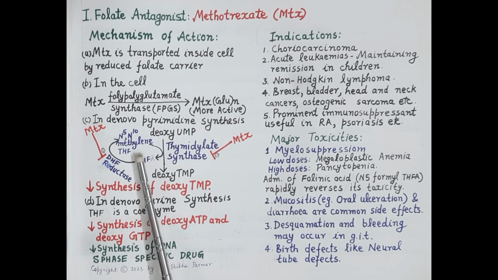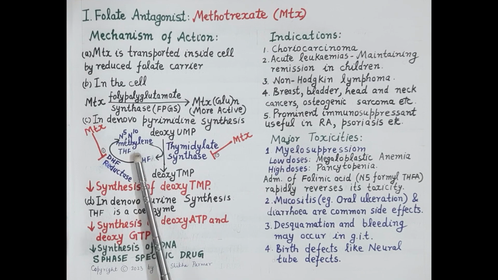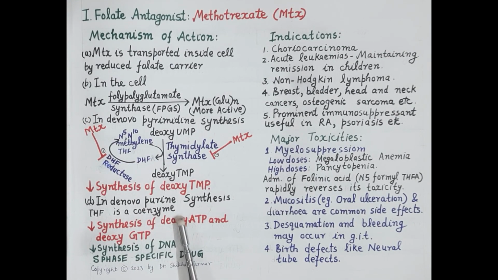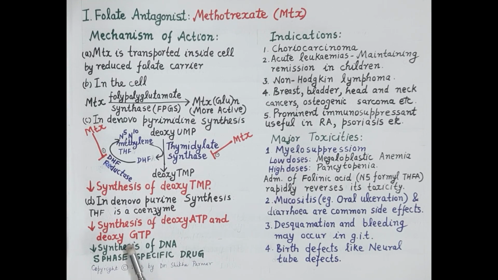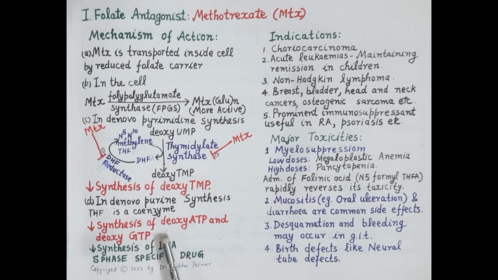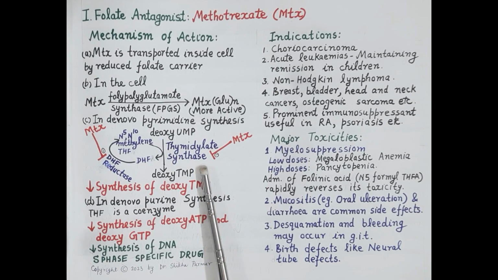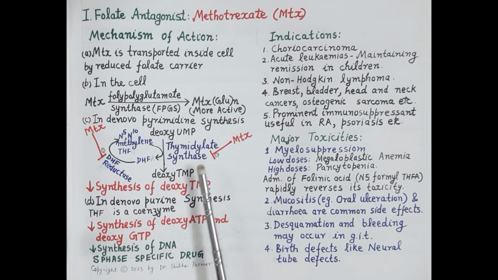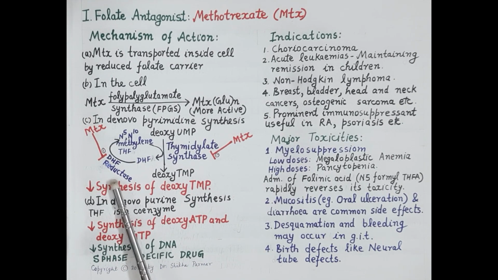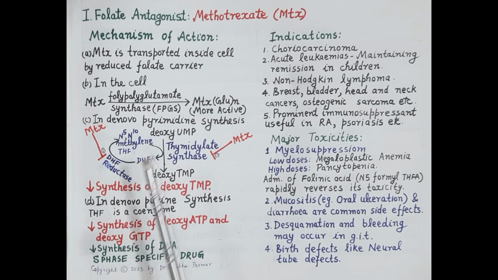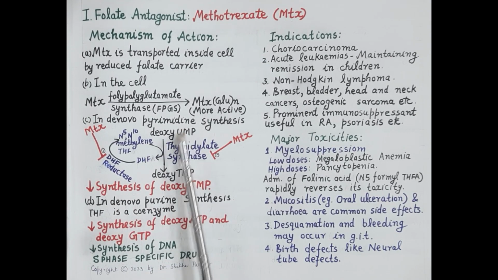So, deficiency of this N5N10 methylene tetrahydrofolate prevents the synthesis of purine nucleotides, namely deoxyadenosine triphosphate and deoxyguanosine triphosphate. Thus, methotrexate, by inhibiting the enzyme thymidylate synthase and dihydrofolate reductase, inhibits the synthesis of pyrimidine nucleotides and